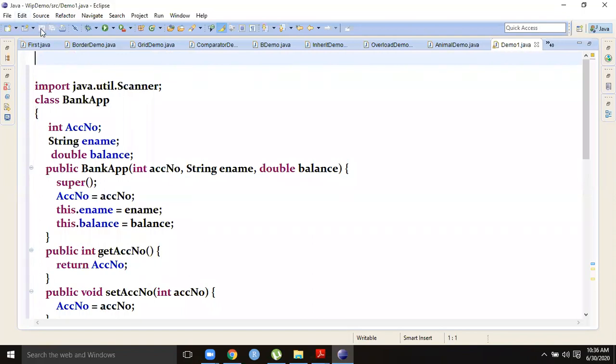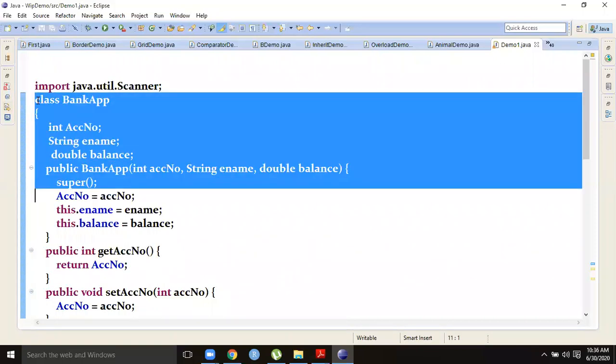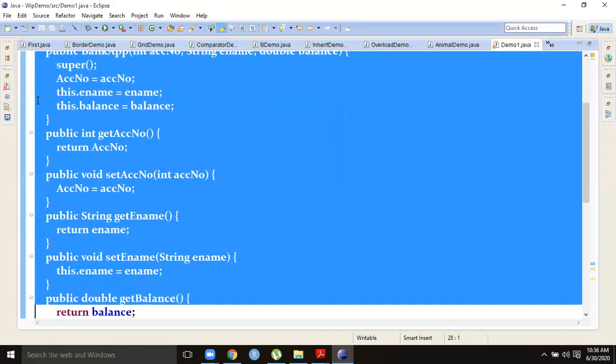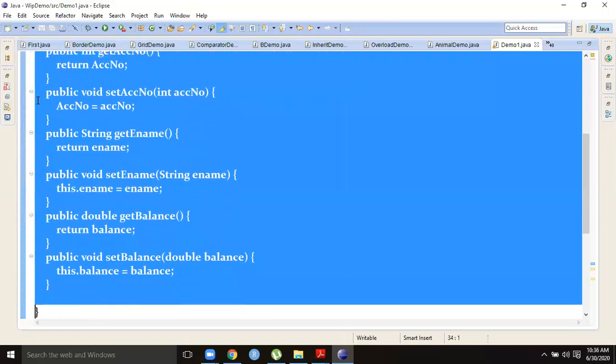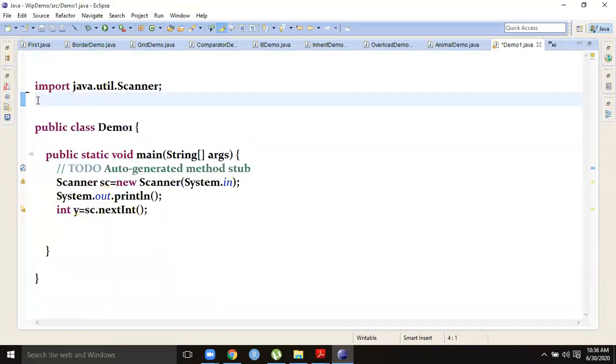Save it. If you want to run a program, I remove all these and show you a simple program. System.out.println, enter x value, for example.